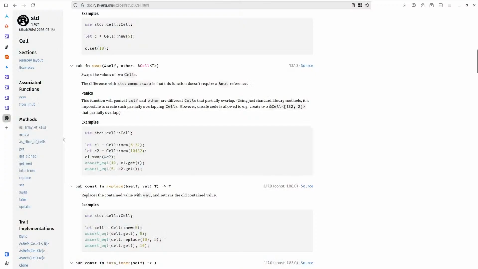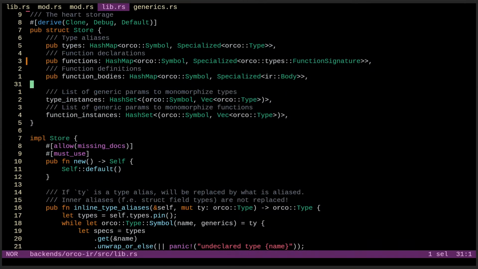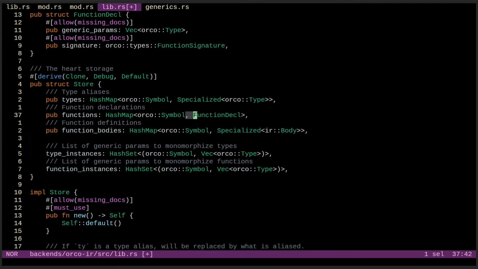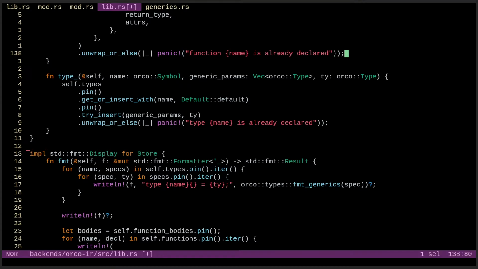So yeah, I guess cell could be a thing, or do I keep it as decals? Maybe not. Maybe I keep it as this because it actually makes sense, right?